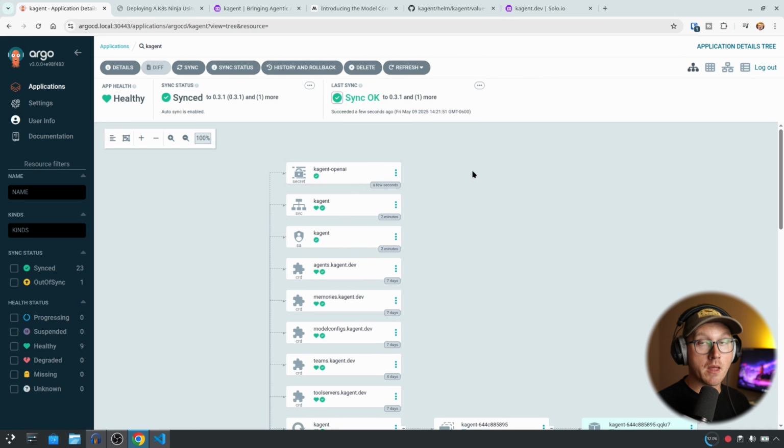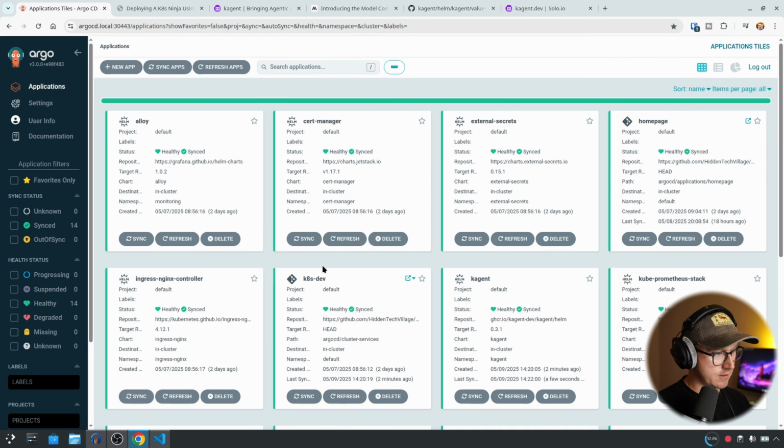No, I can't get it in time. Basically, all it's saying is that this Kagent OpenAI secret is being managed in 2 places. I just can't grab it in time. And that's technically true, because I have it defined here as part of the Helm manifest, but I also have